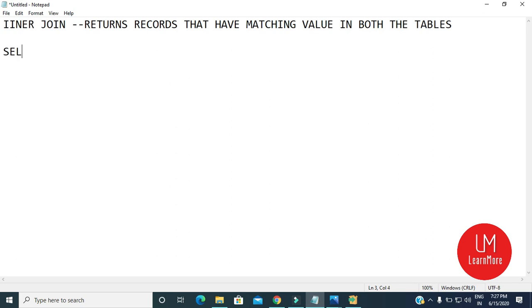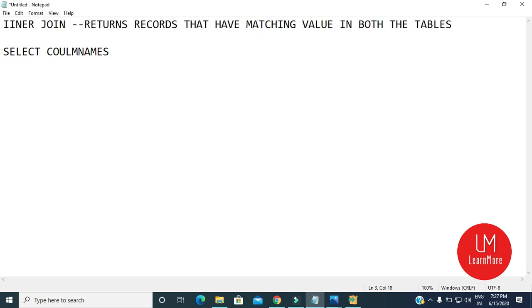So inner join can be written like this: select column name, column names, or it can be a single column.